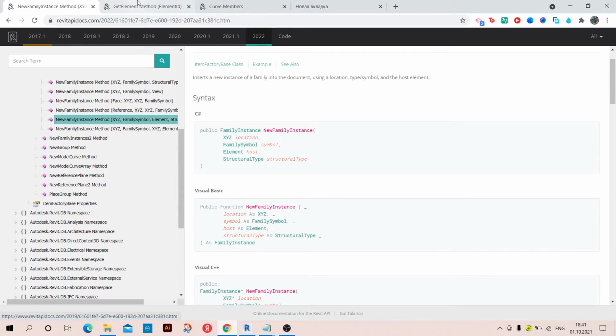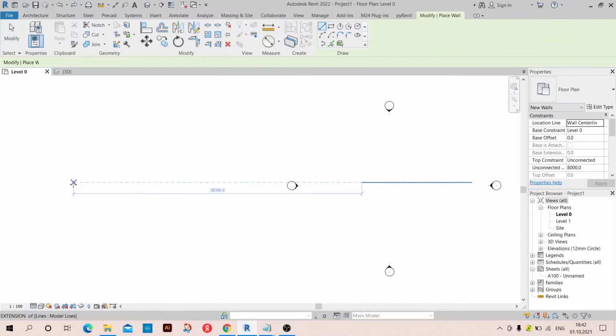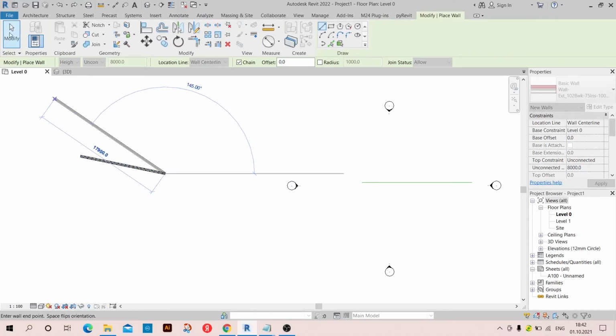To get the family symbol I can use this method in here. It's called the GetElement method in the document class. So you type doc.GetElement, and then as an argument you will pass the element ID of the instance that you want to place. In my case I'm going to create doors, so I'm going to need the element ID of the doors, and to do that you can just do this, for example,